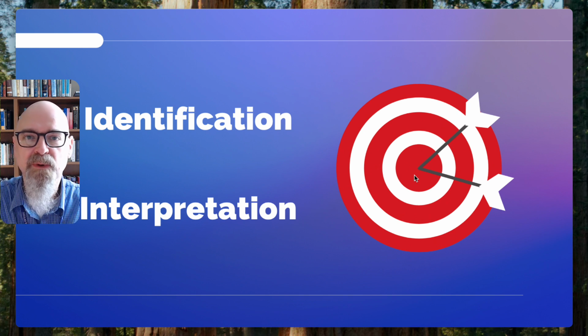So you remember that we're in the second part of our Bible study methods. We are going through interpretation. So genre helps us understand what we are reading. We ask what the text says. That is the role of identifying the genre. And then we are now asking what it means. In other words, how does understanding what we are reading, the genre, the type of literature, help us then understand how to interpret it, and ultimately then to put it into practice.